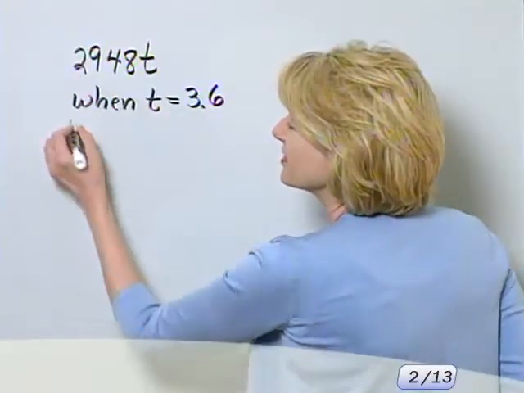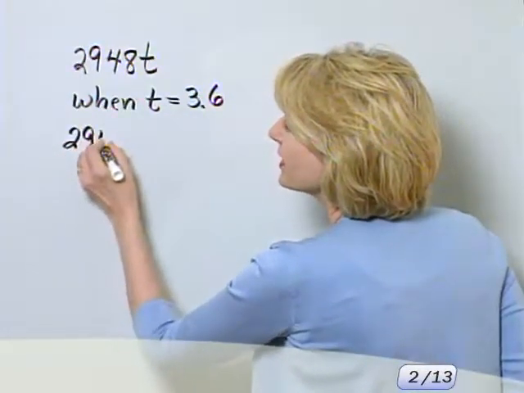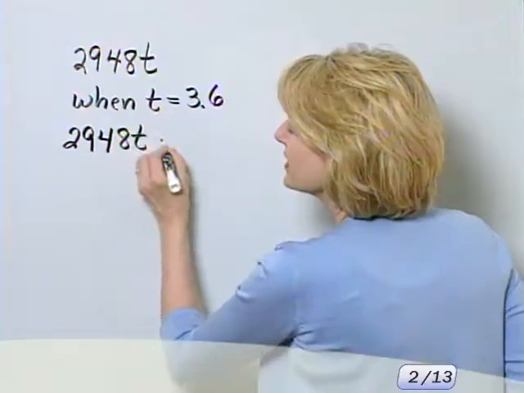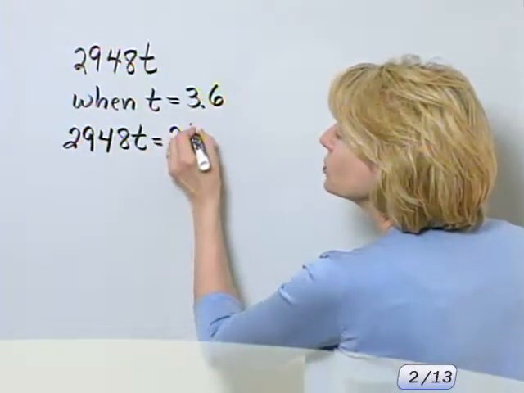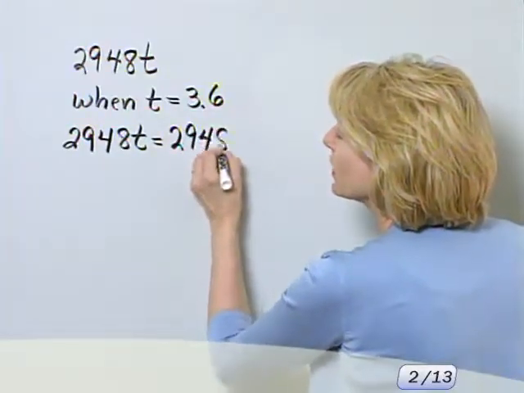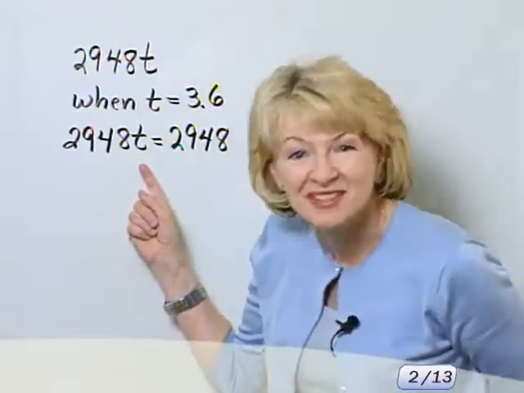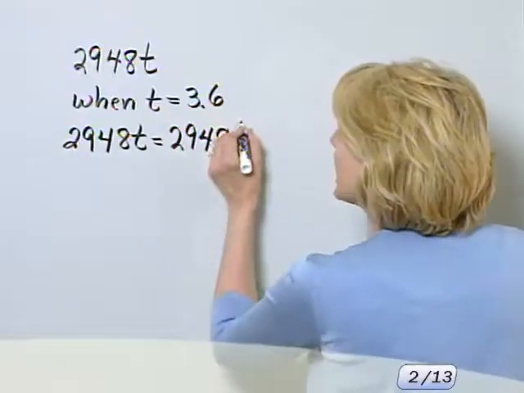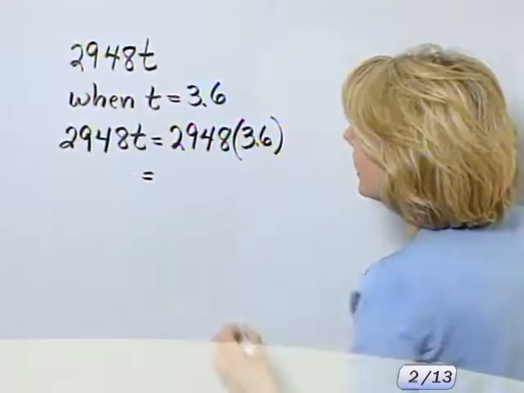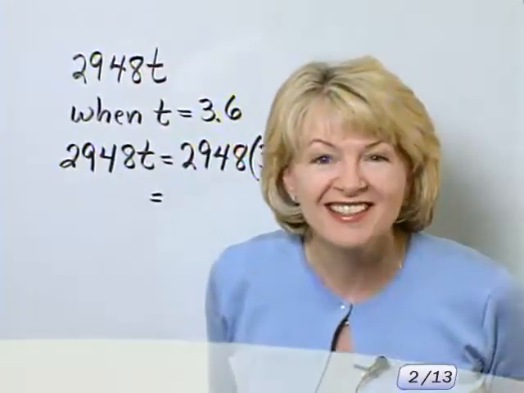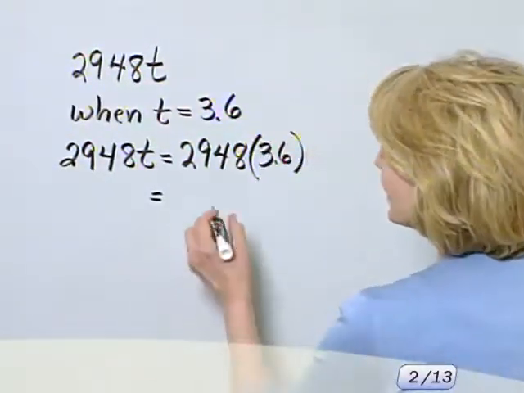So this 2948t, given this replacement value, is 2948. Now this is times t, so this will be times 3 6/10. And I'll let you do the multiplication, but once you do, you'll have